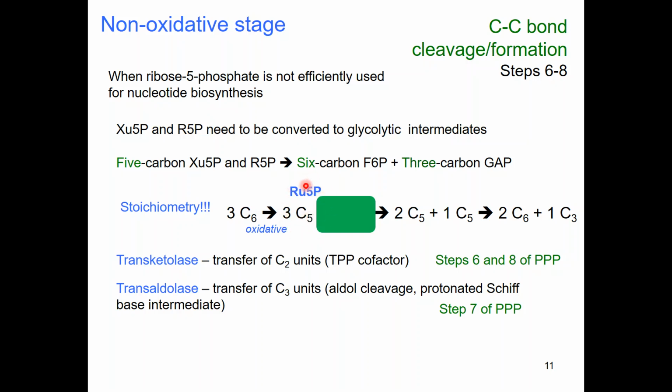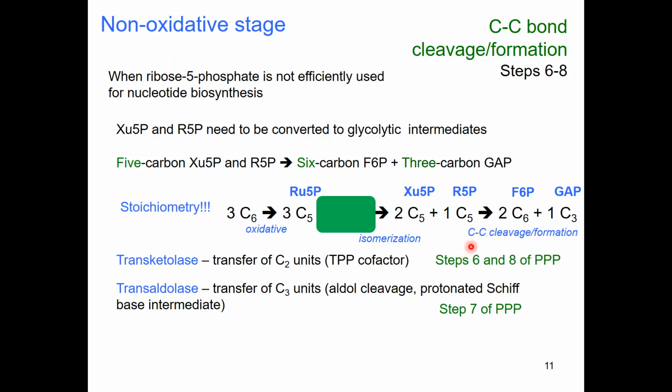So the 3 ribulose 5-phosphate molecules get isomerized. Two of them undergo epimerization, right? They are converted into xylulose 5-phosphate. And only 1 of the 3 is isomerized into an aldose, ribose 5-phosphate. So here we have isomerization reactions. Next, those carbon atoms get rearranged to form 2 molecules of 6-carbon fructose 6-phosphate and 1 molecule of glyceraldehyde 3-phosphate. So here we have this last stage, the remaining 3 steps